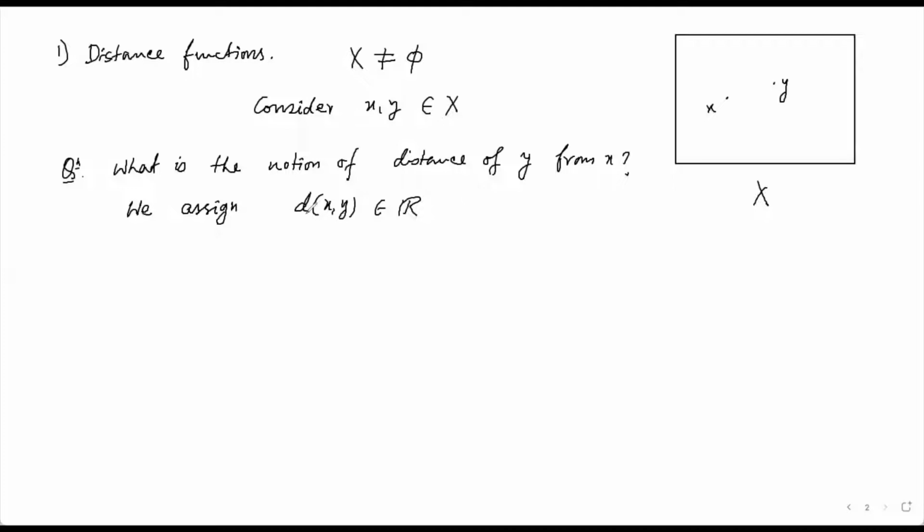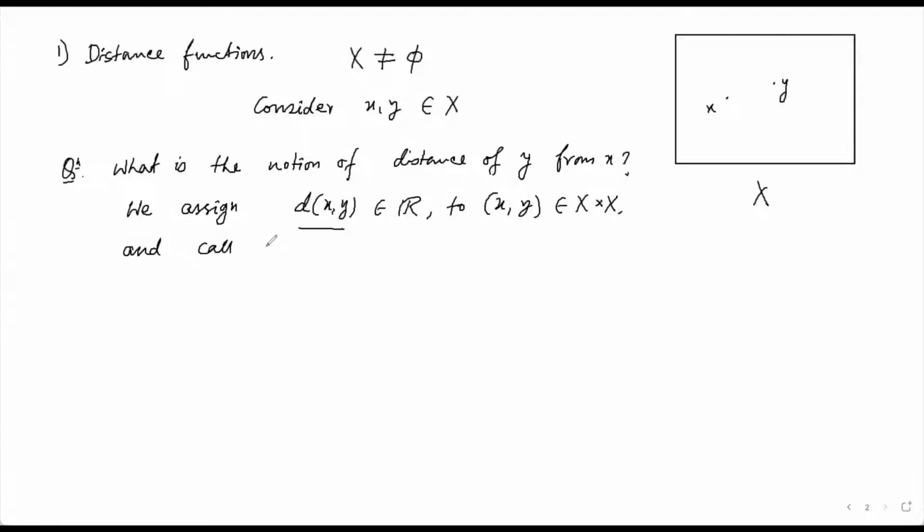So we assign this real number to the ordered pair (x, y) belonging to X cross X, and call this